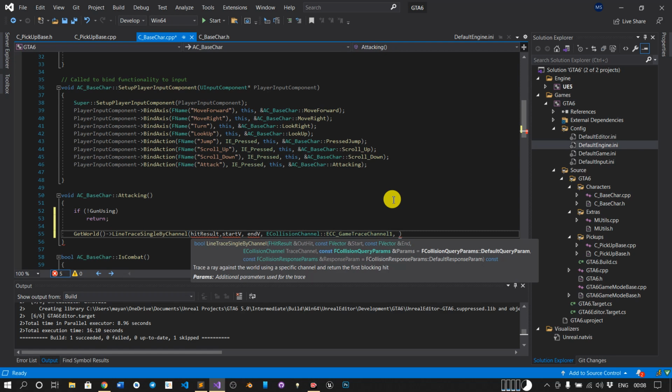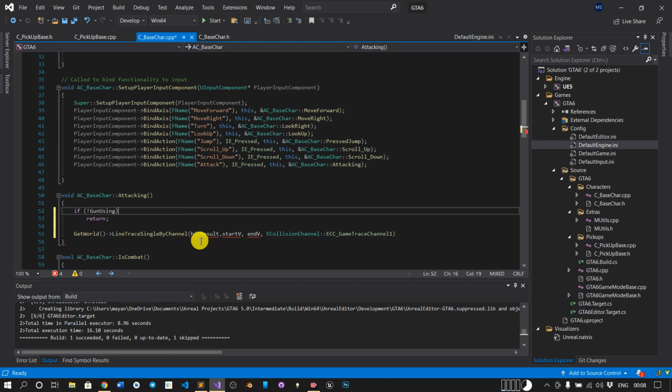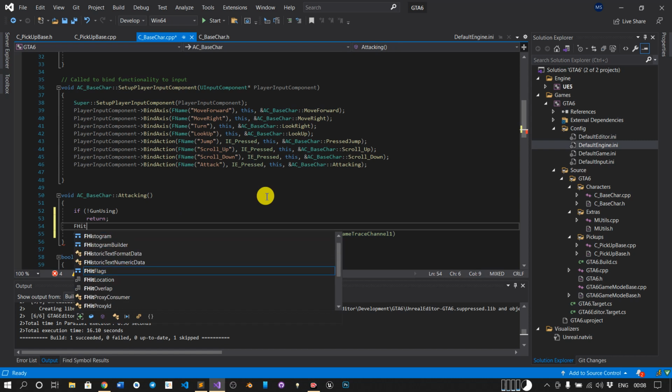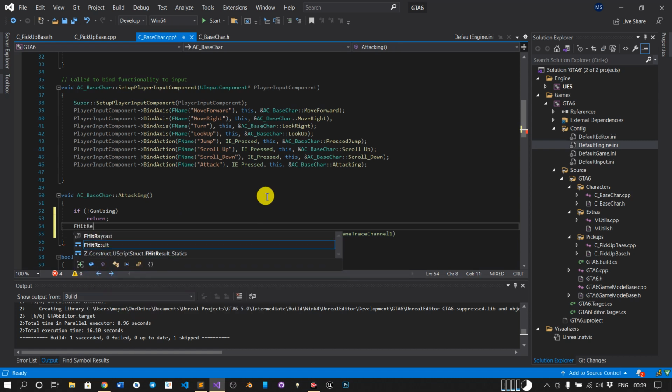Next we want params. We want the default params which are already there, so we need not specify further. Now we need the hit result and the start vector and the end vector. So for the hit result, FHitResult hit result.